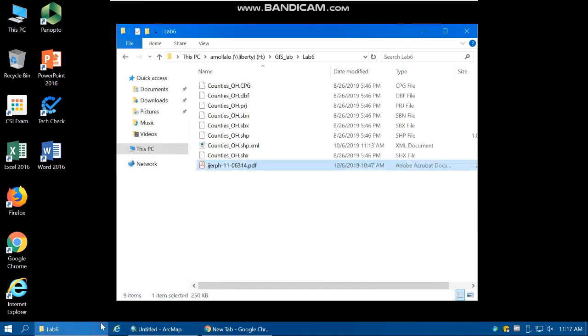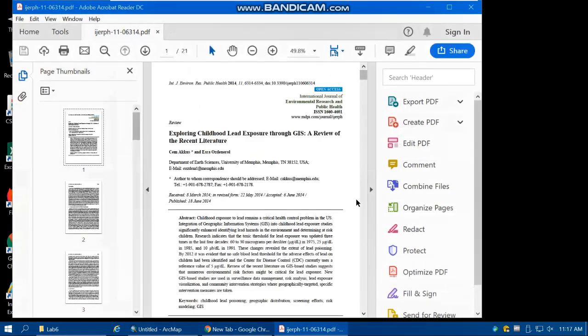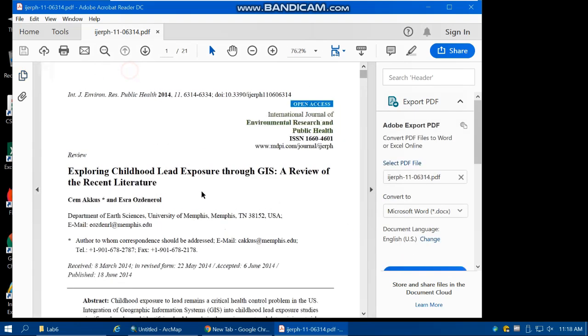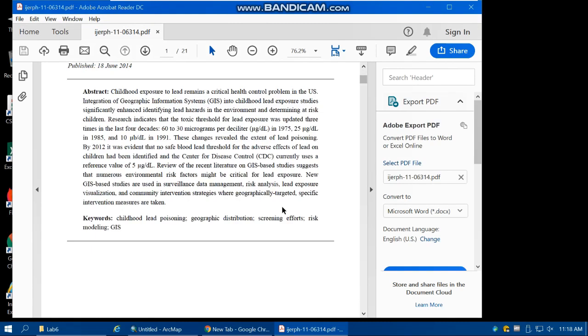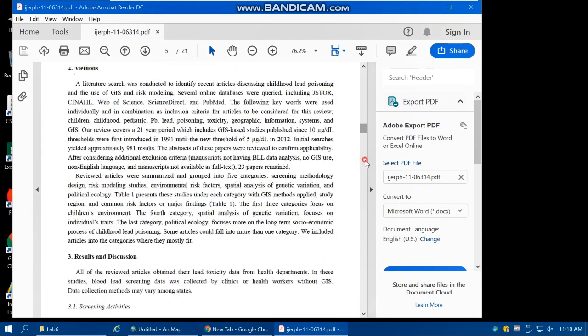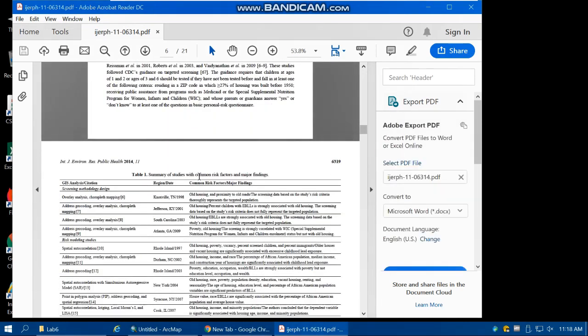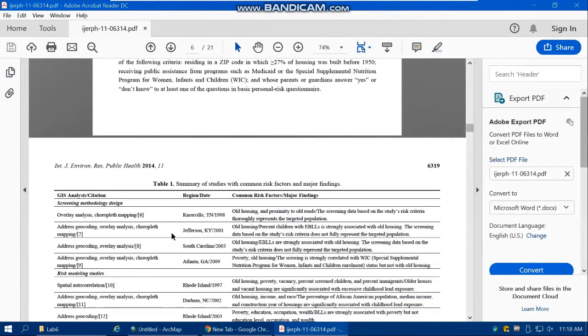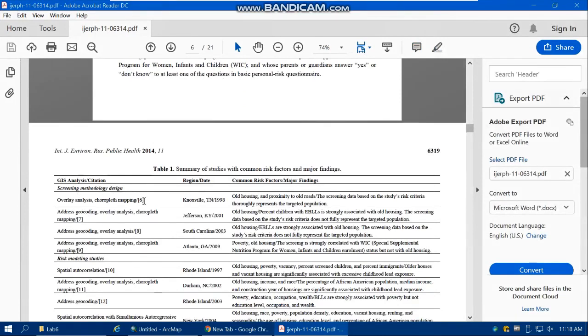So previous GIS-based researches have found that old housing is a common risk factor of the blood lead level in children. So this part summarizes the studies that use GIS for investigating the association between the elevated blood lead level in children and some factors. They found that old housing is a common risk factor. Okay, old housing,